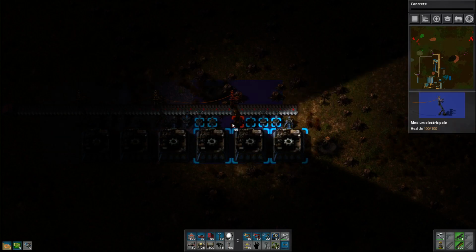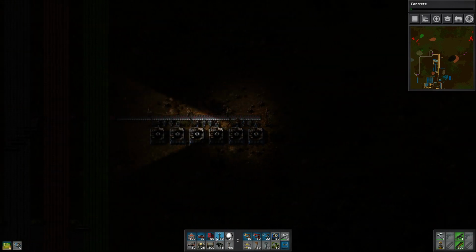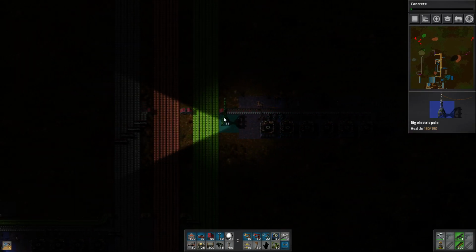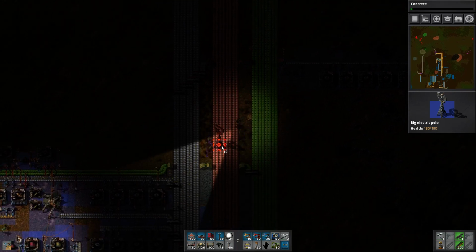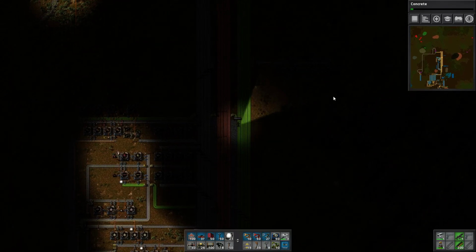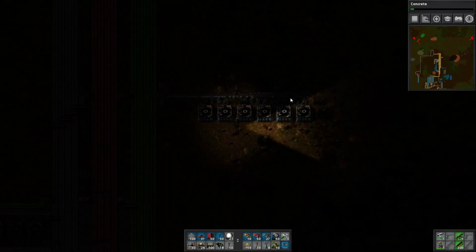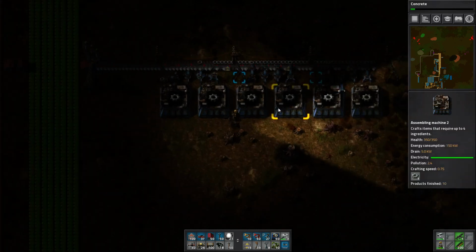Let's get that. Yeah, we're nearly out of the science we can do as is. I guess it would help if you were actually connected to the main grid. We'll put a big one here. There you go. Okay, gear production is on, although we are not providing enough plates over here, so we may